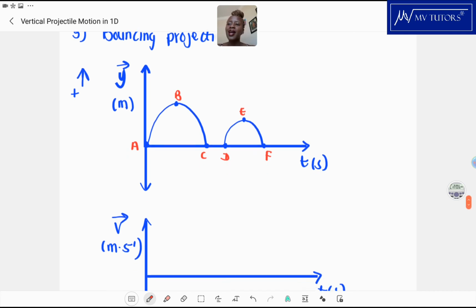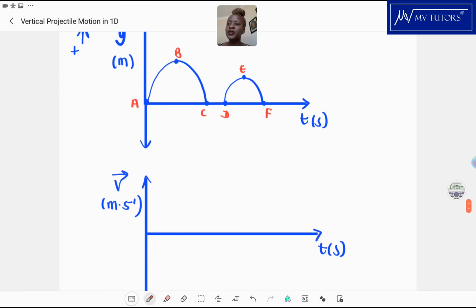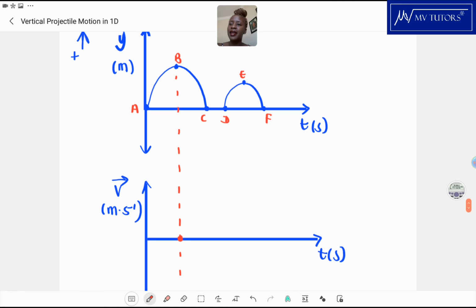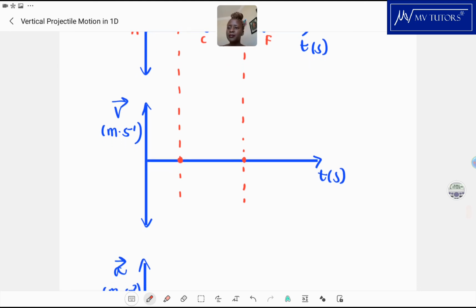Okay, so what will happen to the velocity then in this case? Well, we know that where the ball reaches its maximum height, that is where velocity is 0. Okay, so we know that the velocity is 0 here, but since we have taken upward as positive, the velocity there will start as positive as well. So point A, whatever the velocity is there, and then it will,